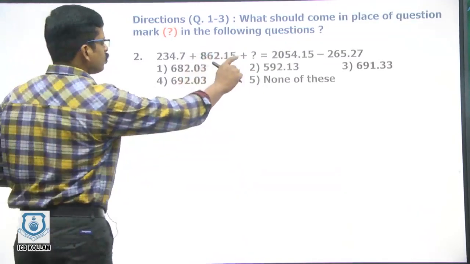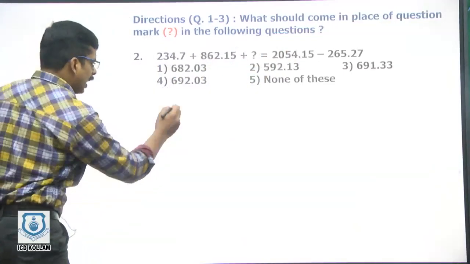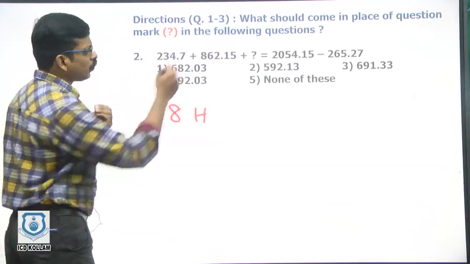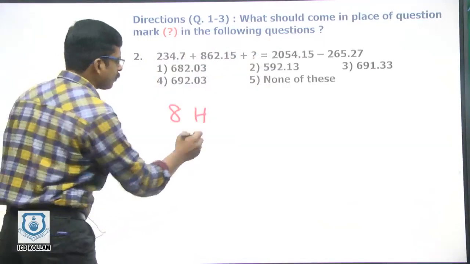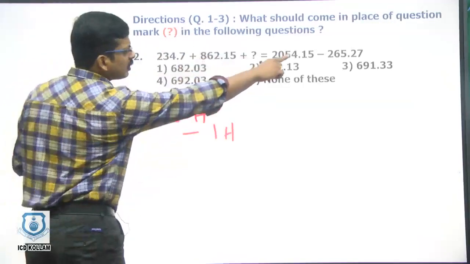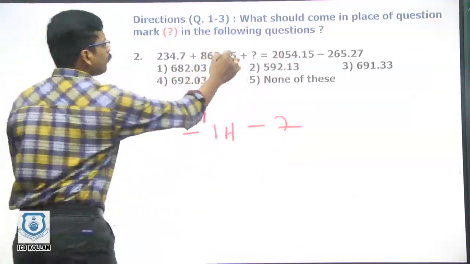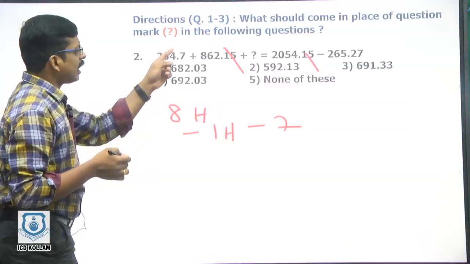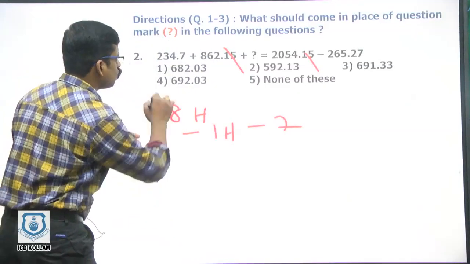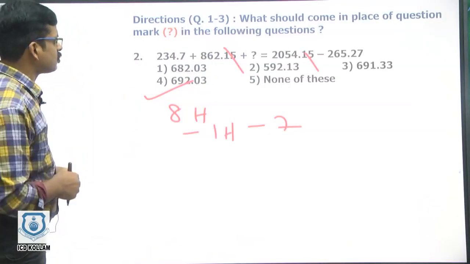Question number 2. Here 20, 100, minus 100, 800 first. 62, 34, a shortage of 4 comes from there, then another 100 minus, and then we are left with 61, 54 minus 7, minus 7, and 0.15, 0.15 cancel each other, 0.97 minus 0.03, then we can say answer is 692.03. Now look at the way I do these calculations.